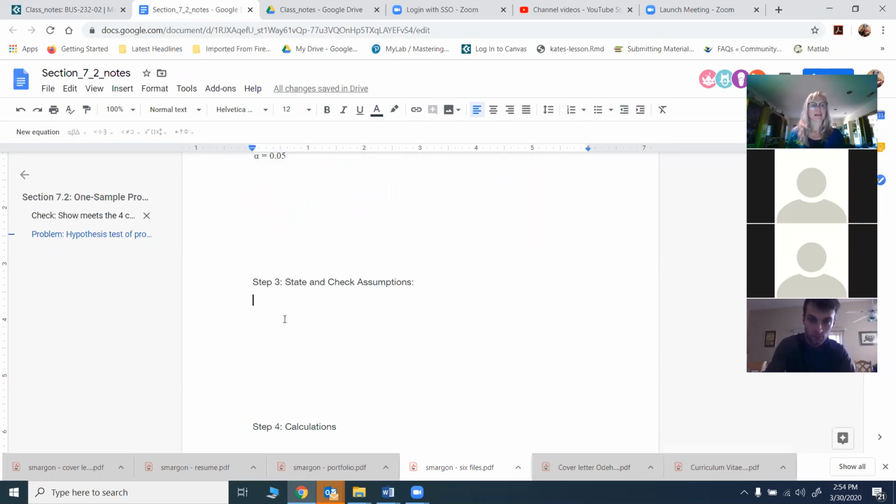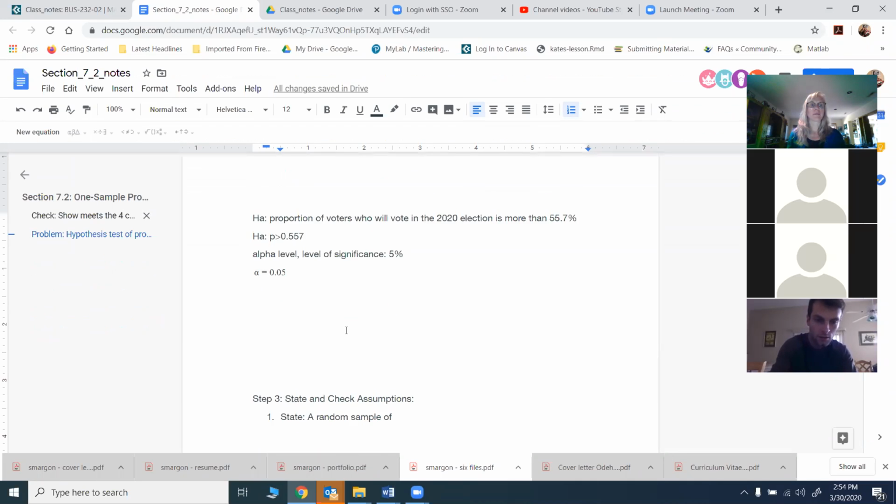Now, our next step, and this is the part that people have trouble with because they forget it, is the state part. This step is actually to first state the assumptions. This is to make sure you understand what was supposed to be true, so that when you go to do the collections, you actually make sure it is true. So you want to first state what it is, and then check to make sure it's right. So the very first assumption is that we had a random sample